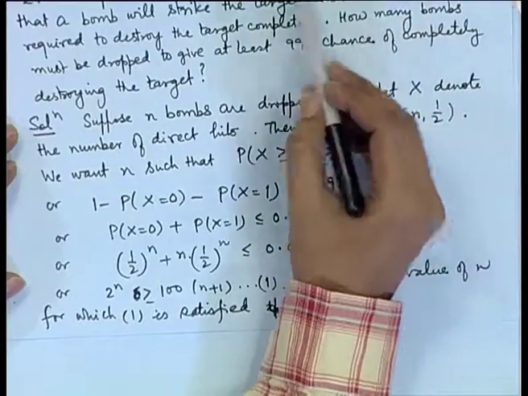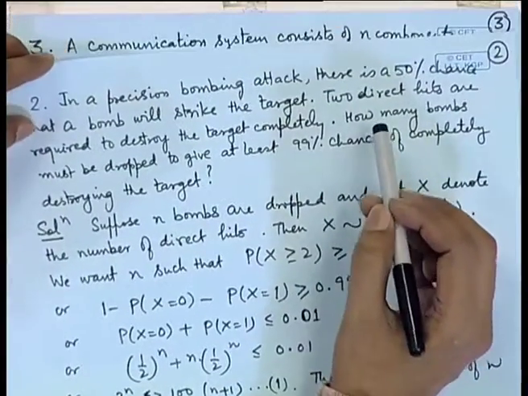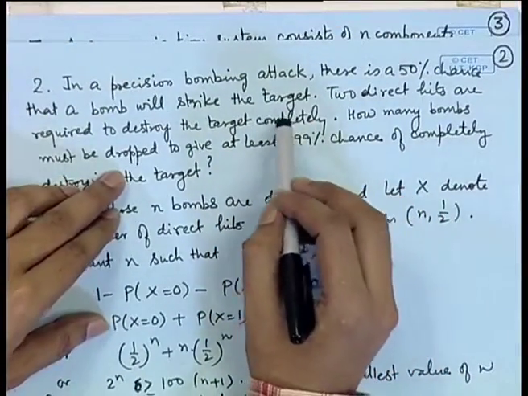So, here if you see, once again we have made the assumption that the trials, that means the dropping of the bombs or striking of the target etc., is considered as Bernoullian trial, that is independence and identical nature of the trials has been considered here.